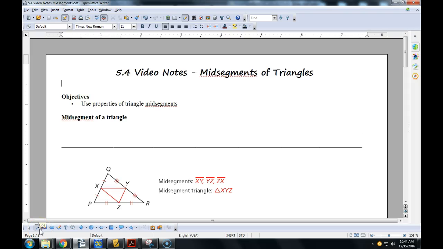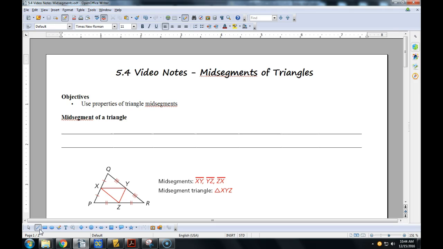All right, 5.4 video notes, midsegments of triangles. So the first three sections were all trying to find the different centers of triangles. We had circumcenters, incenters, orthocenters, centroids. So we were trying to figure out where a different center was for the triangle, depending on, did you want